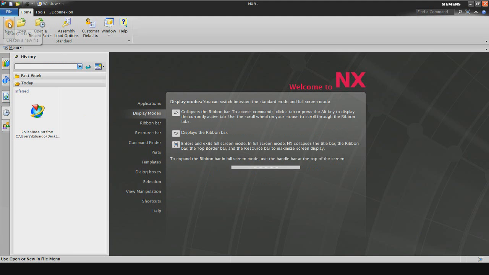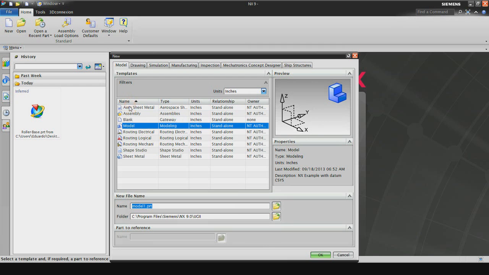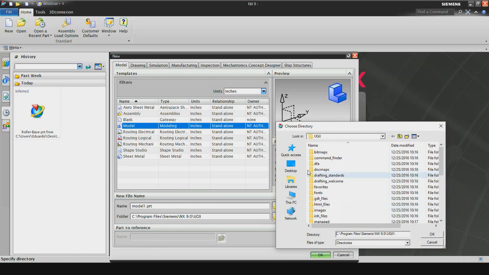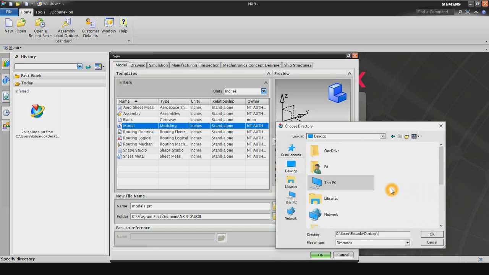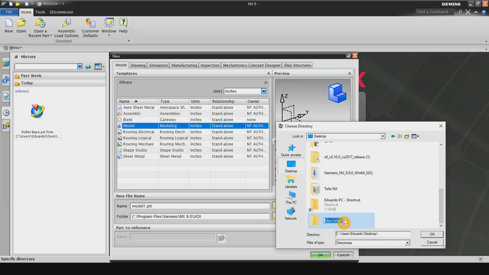So I'm going to be opening a new sketch. Make sure this is in inches. I'm going to select model. For this, I'm going to be creating my own personal folder. You can create it whenever you want. I'm going to be doing it in desktop. I'm going to be putting roller pieces